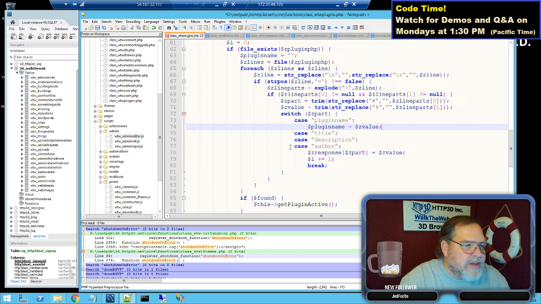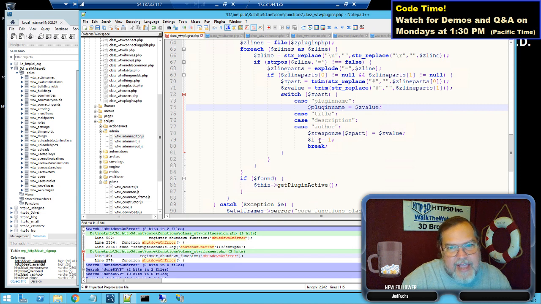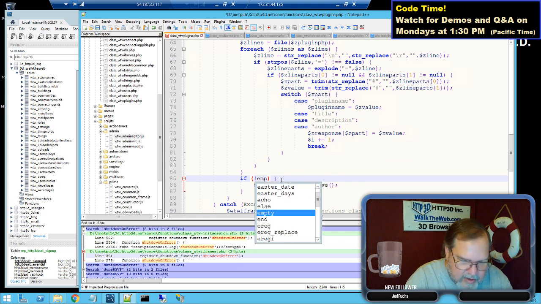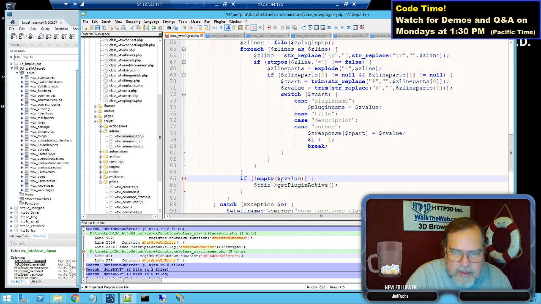If they do the word plugin name twice in their file, then basically it'll grab the last one. So if they do more than one, they're going to get the last one of the group. Or I could read the file bottom to top, and then we always get the top one. But no, it's okay. If not empty and is set,